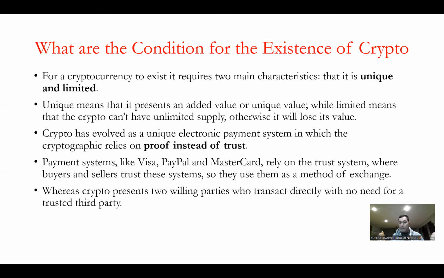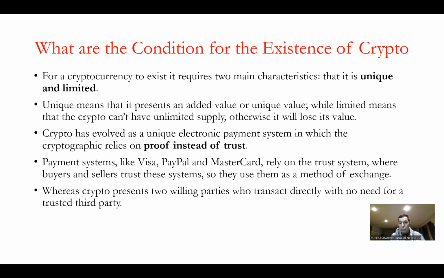If you wanted to buy 1 pound of tomato, you had to get a lot of German marks and go to buy this, before the euro. So the problem was that it was unlimited. The inflation in Germany was 100 to 200% every day. So it has to be limited for a coin to have a value. The system shouldn't generate a lot of coins. And unique. Unique means the blockchain has a good story and good technology that helps this coin to be